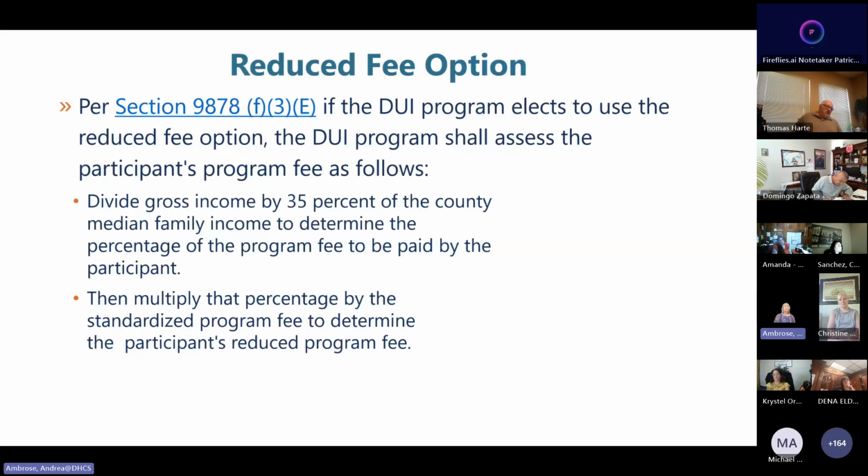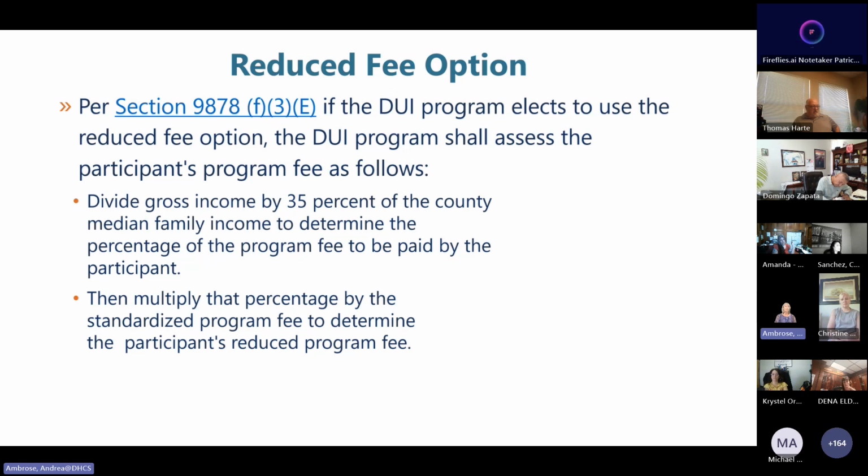All right, so what is this reduced fee option? This is another calculation, again, based on that 35% of the median income for your county. What you're going to do here is figure out the participant's income as a percentage of that 35% of the median income.